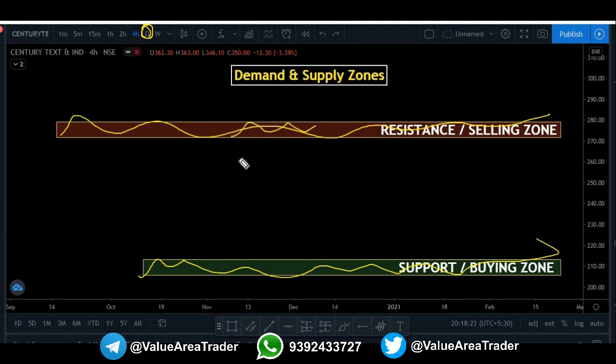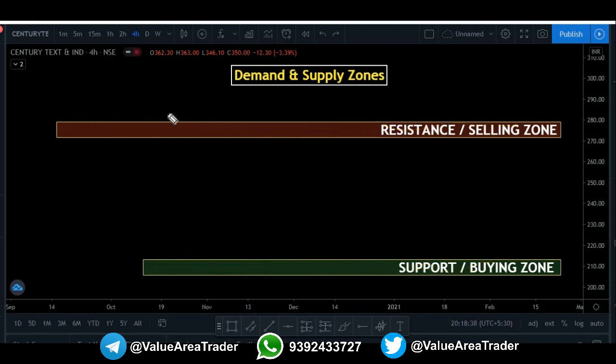And if you know that your resistance zone is somewhere nearby, you won't buy at that place, because you know there is a huge resistance zone just in front of your price, so you won't buy it. So these kinds of markings in your charts will always help you in your intraday trading or the swing trading that you are doing. Okay, so let's start marking the price.